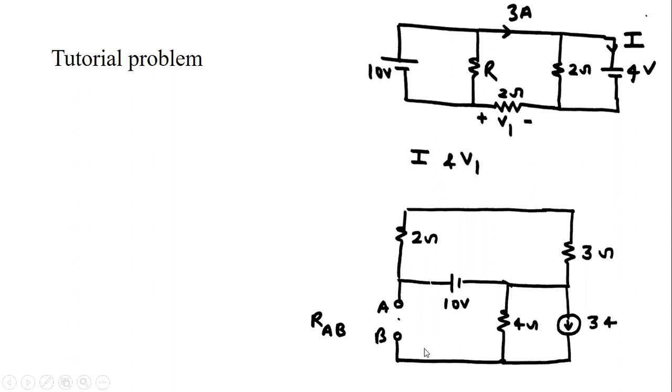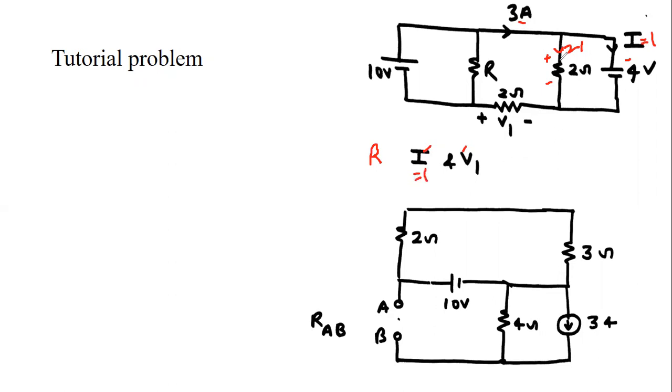So question first is, find the value of I and V1 as shown in figure. Also calculate the value of resistance R. See here in the question, the 2 ohm resistance is parallel with 4 volt. So the voltage across this resistance is also 4 volt. So current in this resistance is 4 divided by 2. So the current in this branch is 2 ampere. This current 3 is dividing into 2 and I, applying the KCL. So the value of this current I is 1 ampere. So my first answer I is 1 ampere.